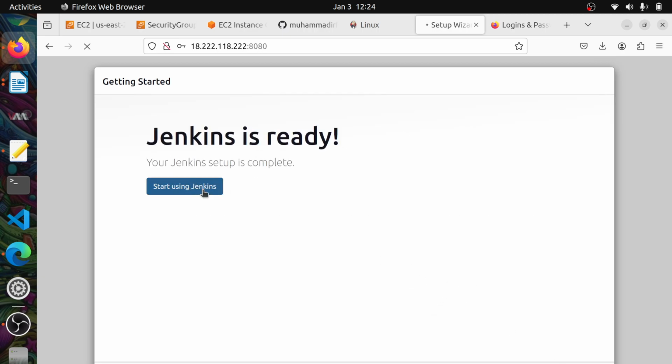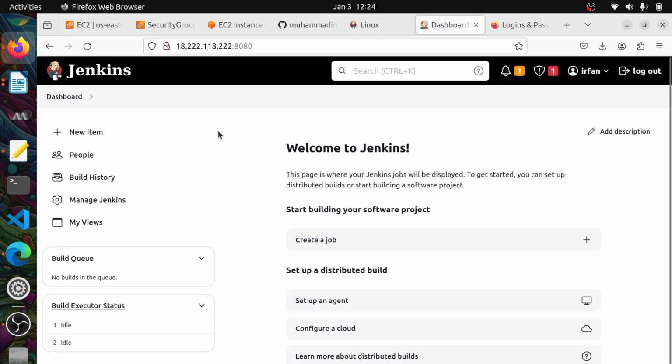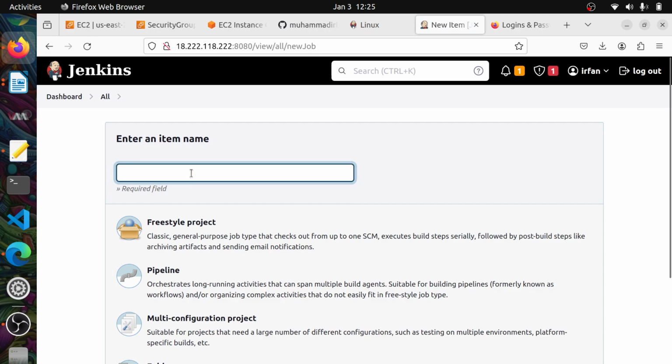So starting using the Jenkins. So Jenkins is ready now, and we are going to start it. Okay, so here our Jenkins is ready, and this is what I'm getting. So now this is my dashboard. Because this is a new project, I will add the new, and I will give the project name